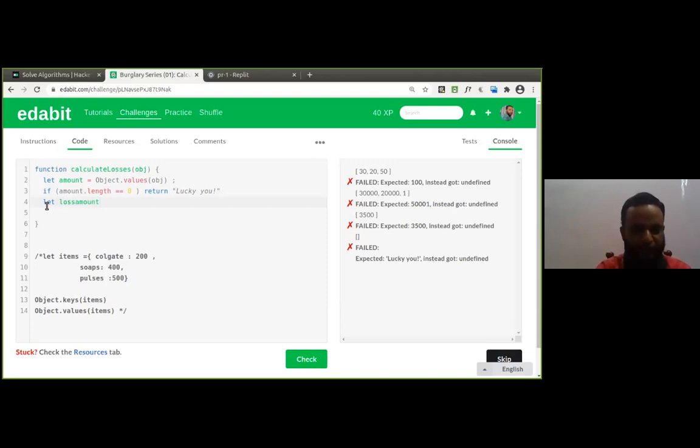You can give any variable name. lossAmount is equal to amount, which is the array, dot, what will we be giving here? reduce. The reduce function takes two parameters, that is the accumulator, then the current value. Accumulator and the current value will be returning a plus b.